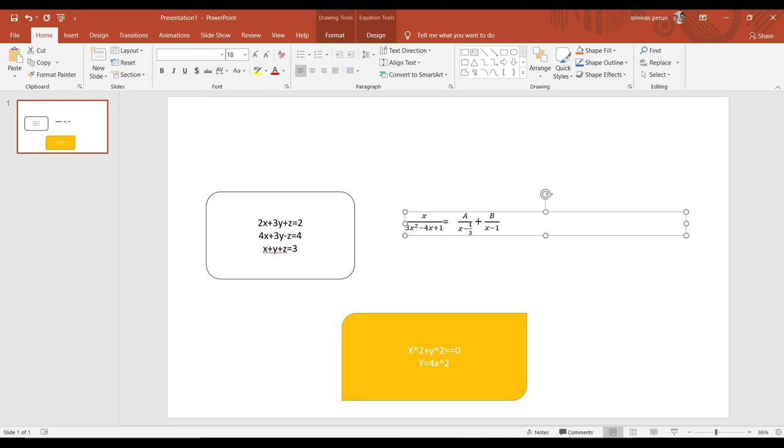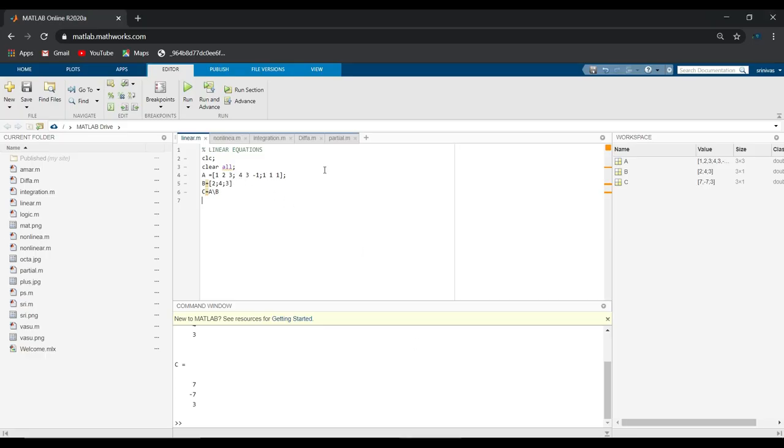See here. There are three equations, so you need to convert them into three rows and three columns, right? So I have written 2, 3, 1 as one row followed by a semicolon. Whenever you put the semicolon, it will move to the next line. So that will be the second row, and that will be the third row. So 2, 3, 1; 4, 3, minus 1; 1, 1, 1. This is the left side, A, and B, which is 2, 4, 3 on the right-hand side, will be a column. So for the first equation it is 2, for 4, 3, minus 1 it is 4, and for 1, 1, 1 it is 3. So it is written as a column matrix.